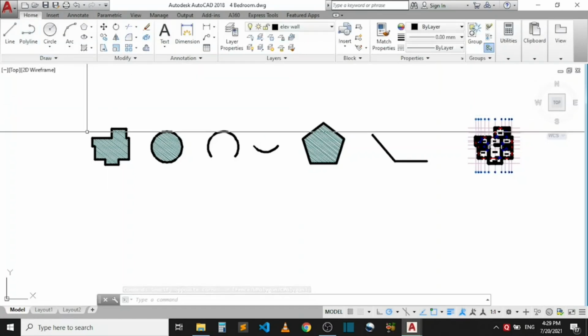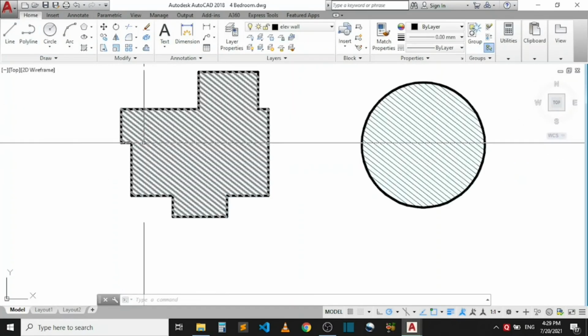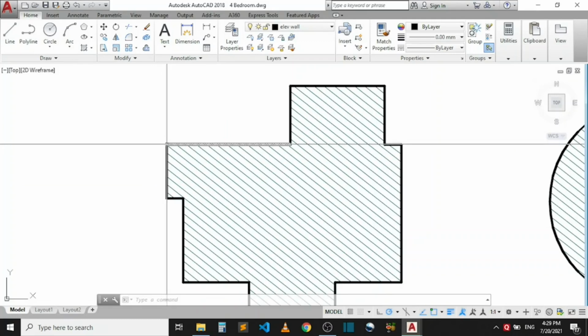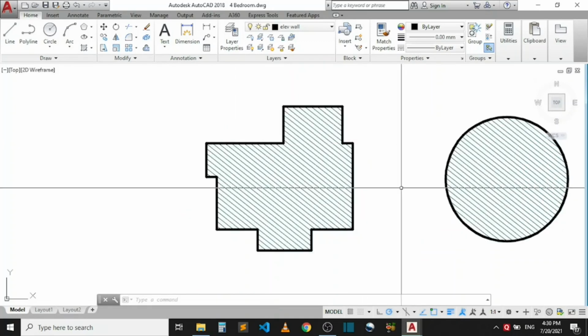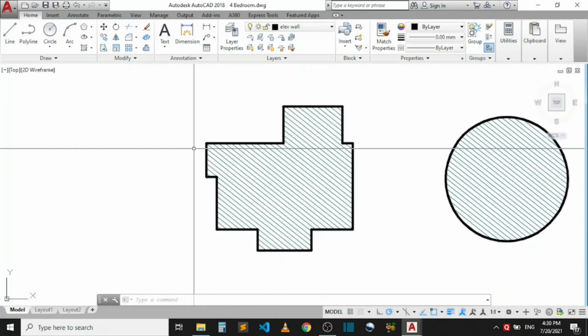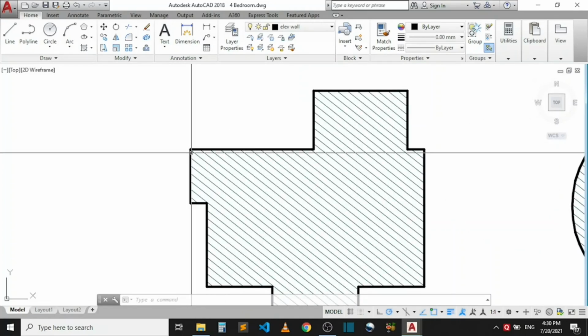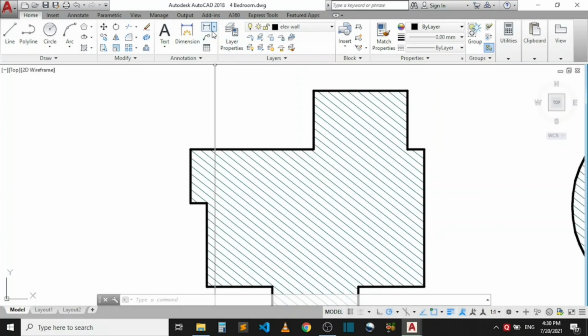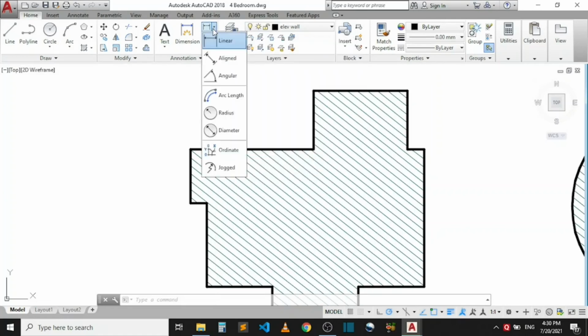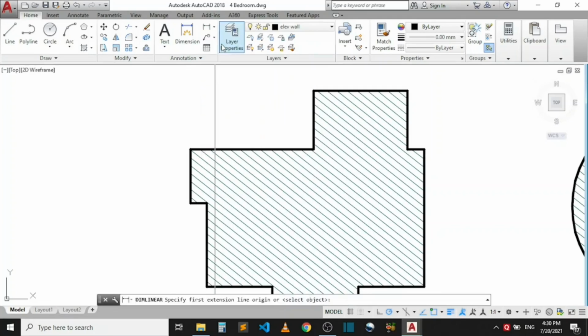Alright, let's start dimensioning this first shape here. Let's say we want to know the length from here to this side, and also dimension all through. Now this is a linear dimension, in a straight line. So to dimension it, simply come to where we have linear dimension, click on the little arrow by the side, and on this drop down, click on linear dimension here.